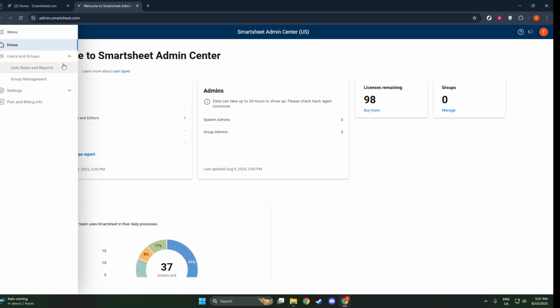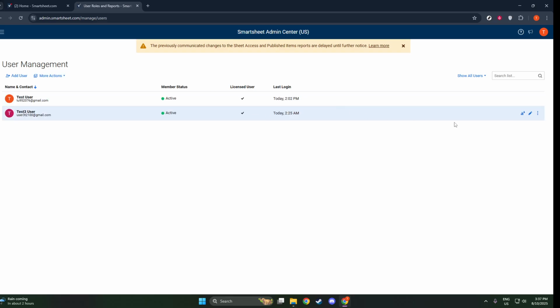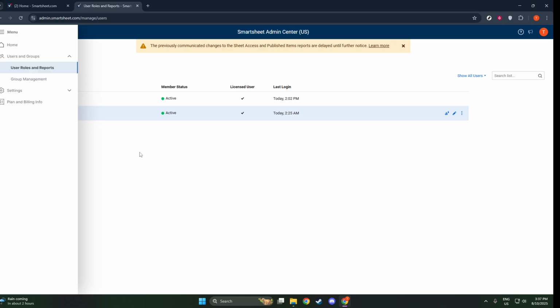Selecting this will open up a suite of tools designed to streamline the management of your Smartsheet activities and user interactions. Once you're in the Admin Center, you'll want to navigate your way to the User Management section. This is where you'll manage users and groups with a particular focus on user roles and reports. Click on the appropriate link or button to be directed to users and groups, and from there, progress to user roles and reports. This section is central to obtaining detailed insights into user access, permissions, and importantly, who owns each